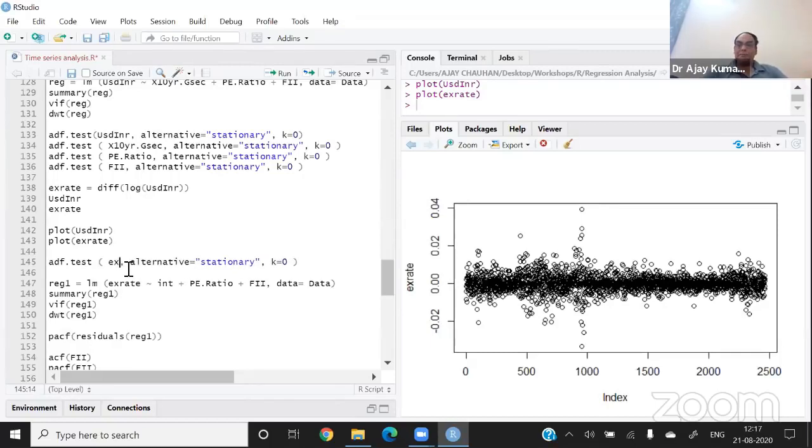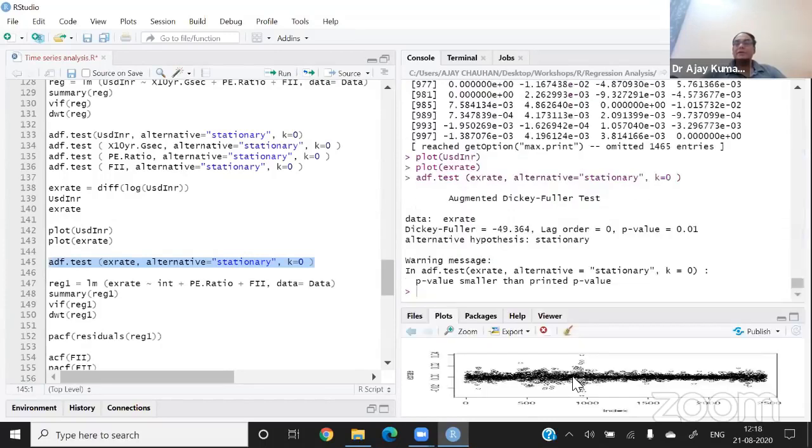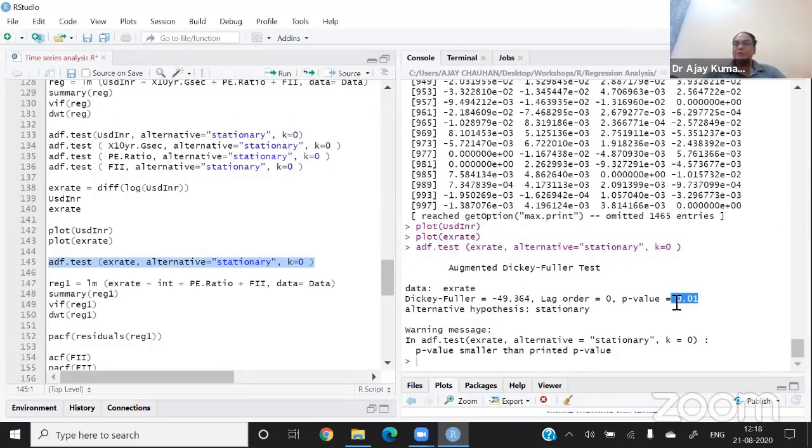I am showing you the ADF test on the X rate transformed series, and you can see that it will be definitely stationary. Now after the transformation, the series becomes stationary, and we are happy that we got the stationary series, and we can use these transformed series in the regression model. So this is the rule of the ADF test.